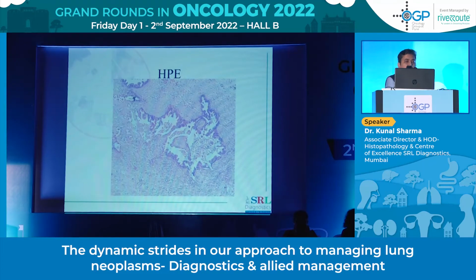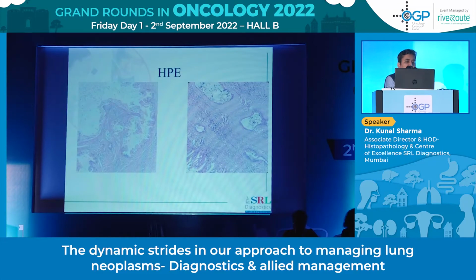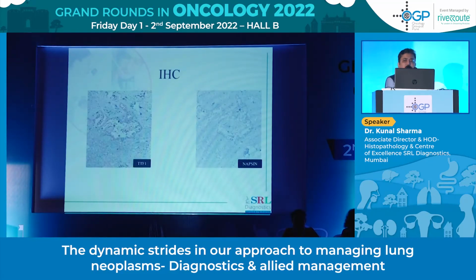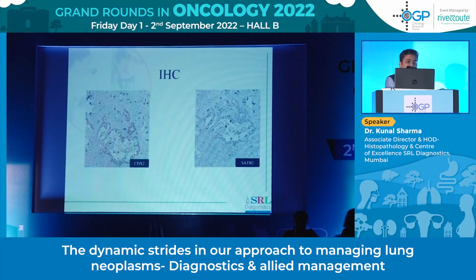But as we know that we are in the era of IHCs, and there have been discrepancies, nothing was found on radiology. So you can see there's a lot of intracellular mucin, looks pretty much like a colorectal gland here. But when we threw in the IHCs, we saw that these were positive for CK7 and CK20. CK20 is not something you usually expect in your lung adenocarcinomas. Again, the lung adenocarcinoma specific markers like TTF1 and napsin stained negative. Of course, because there was a colorectal adenocarcinoma diagnosis given, I had to do a CDX2 and a SATB2. While CDX2 stained positive, SATB2 was negative.